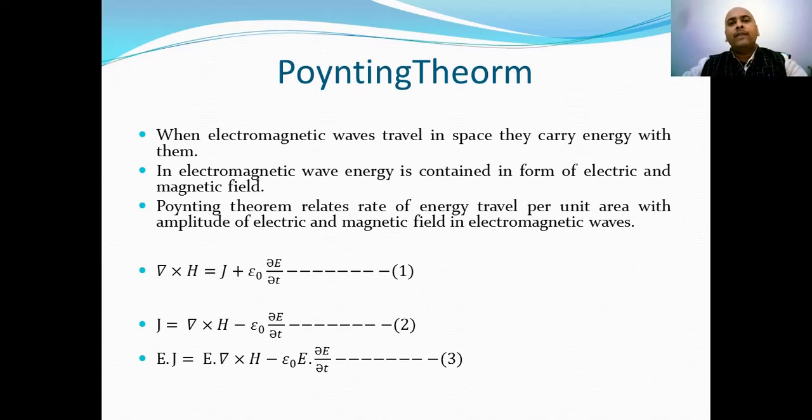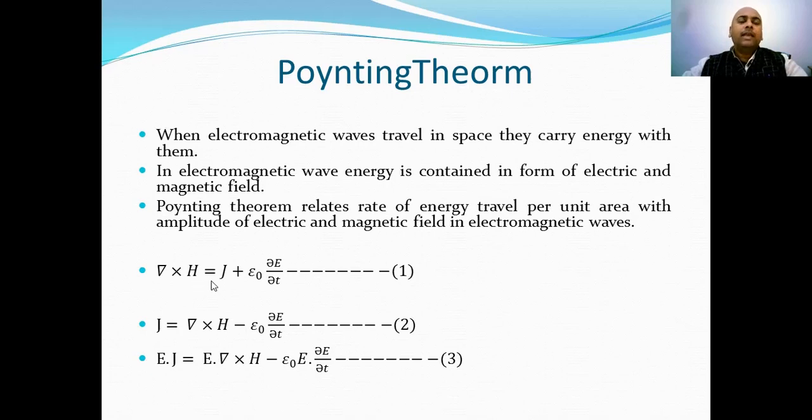So, when electromagnetic waves travel in space, they carry energy with them. In an electromagnetic wave, energy is contained in the form of electric and magnetic field. It is the Poynting theorem that relates the rate of energy travel per unit area with the amplitude of electric and magnetic field in an electromagnetic wave. In order to derive this Poynting theorem, we need to use Ampere's law, which is curl